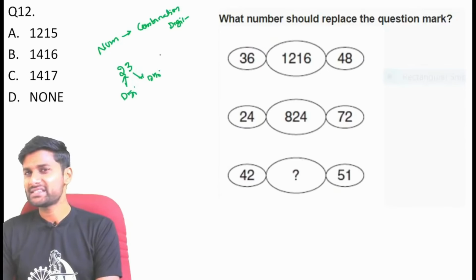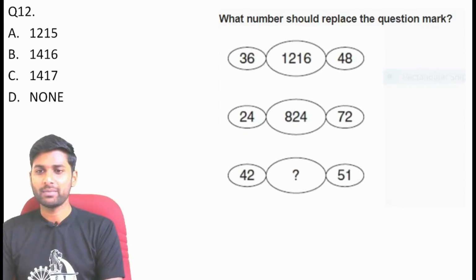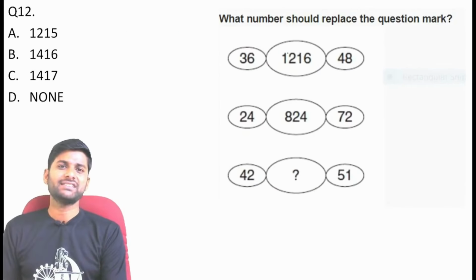Then how many digits are in this number? 2 digits. Now what is the number here? 23 we can call a number. 2 and 3 we can call digits. So a number is a combination of digits. Remember that. Now see guys, simply